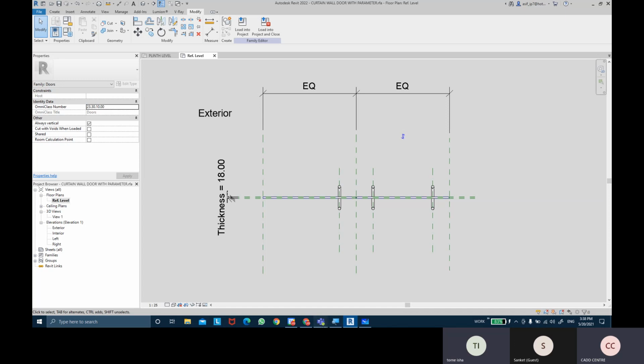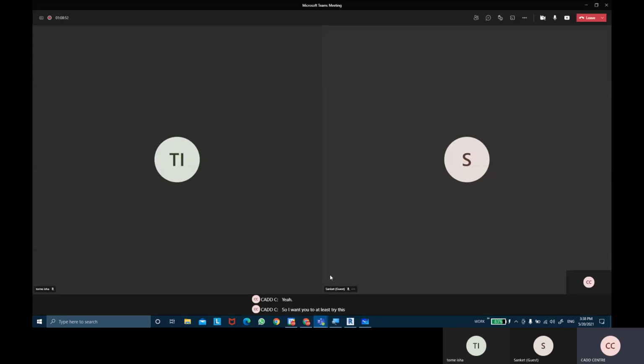So I want you to at least try this much part. I know it's a little lengthy, but it's very important. The main purpose of Revit is creating families, basically. Once you know how to create your own parametric family, Revit is much easier to create anything. You'll find it easier to understand. So try these parameters, understand them. Watch the videos and understand the parameter usage. Why I have created the handle offset and handle sill height and other things is so that I can control these parameters in the project itself.